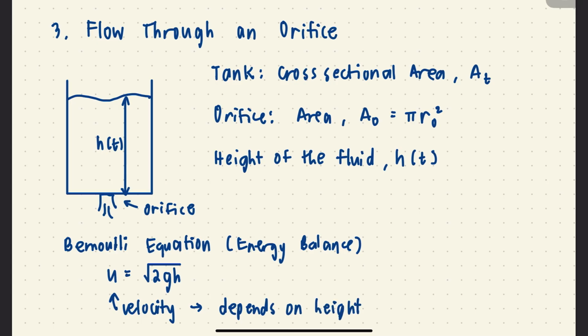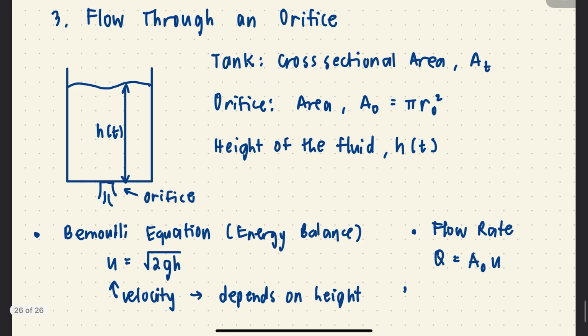Okay? Then, what else? We also have our flow rate. Let's just define the flow rate. Your Q is your flow rate. It's the area of the orifice multiplied by the velocity. So if you take note, this will be length squared and then your velocity is length over time. So length cube over time. That's your flow rate.